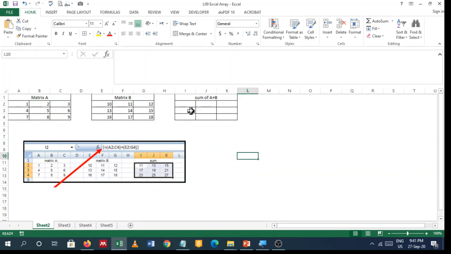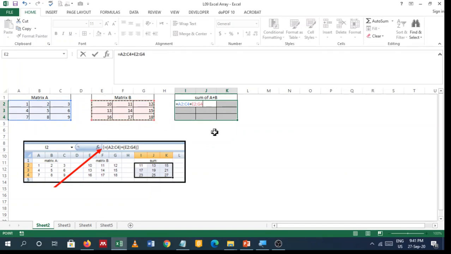It is a 3 by 3. So first we have to select 3 by 3, meaning 9 cells, and then type equal to. Then select the first matrix, A2 colon C2, plus the second matrix. Now both matrices have been selected and we have put the plus.